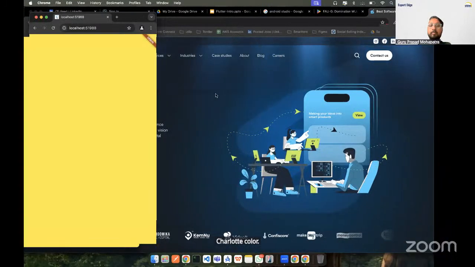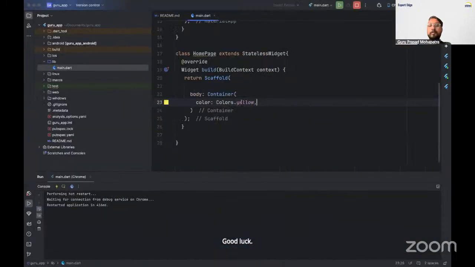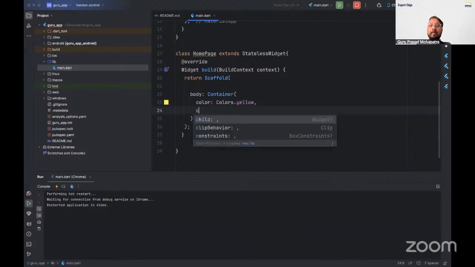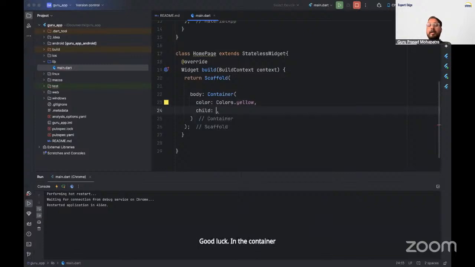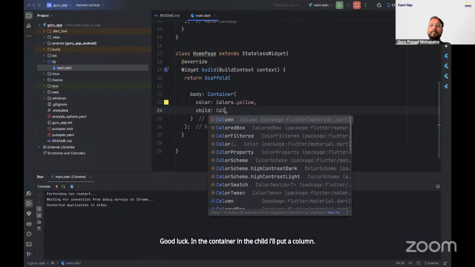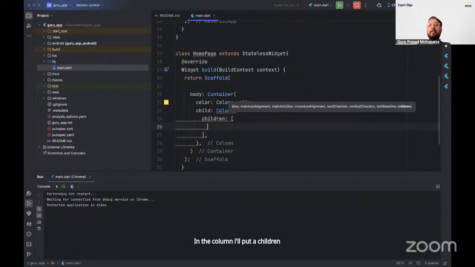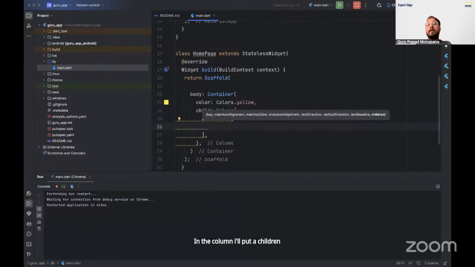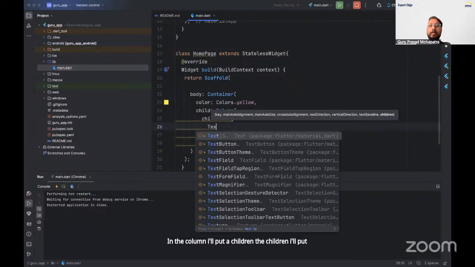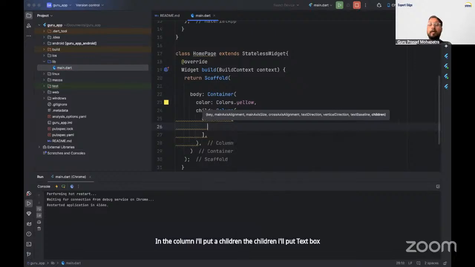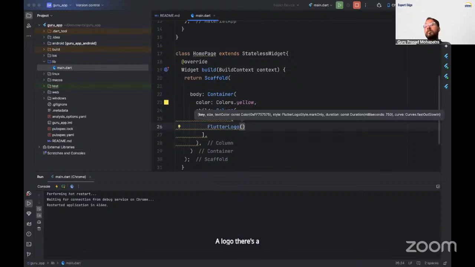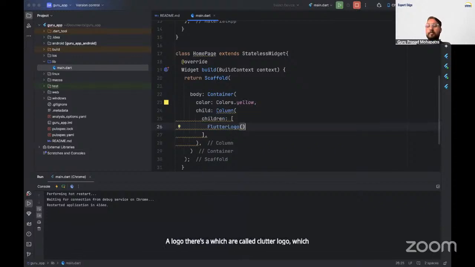yellow. In the container, in the child, I'll put a column. In the column, I'll put children. In the children, I'll put a logo. There's a widget called Flutter logo, which is from Flutter.